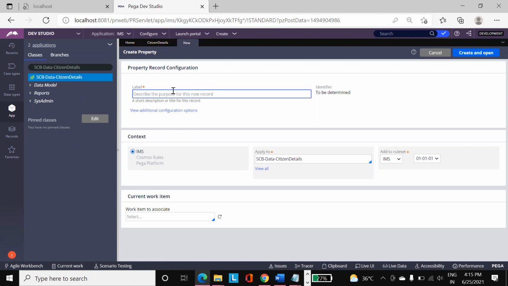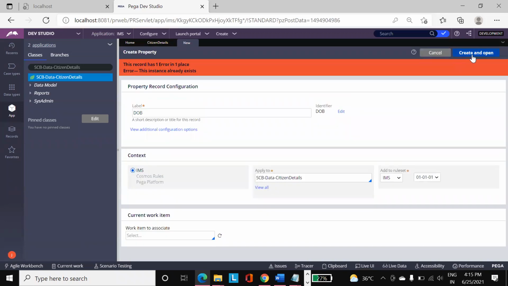If I want to create something like DOB, this is the name, this is the class, and this is the rule set in which you want to create it. Just click on create and open. Sorry, this already exists.